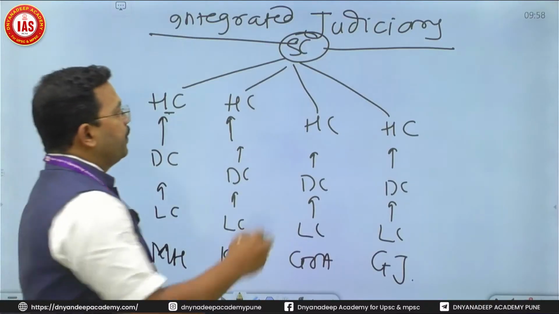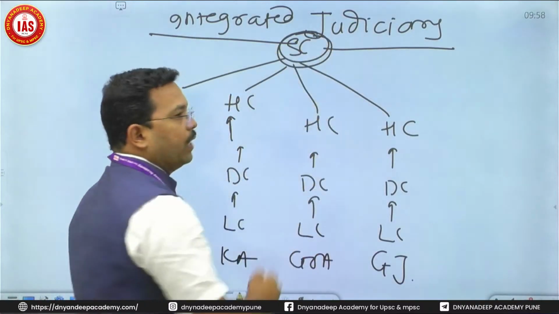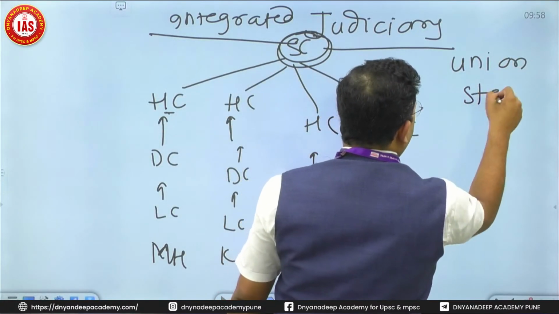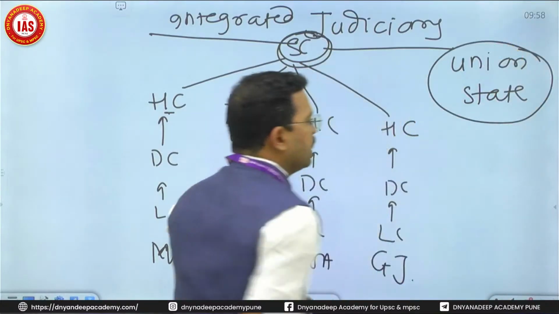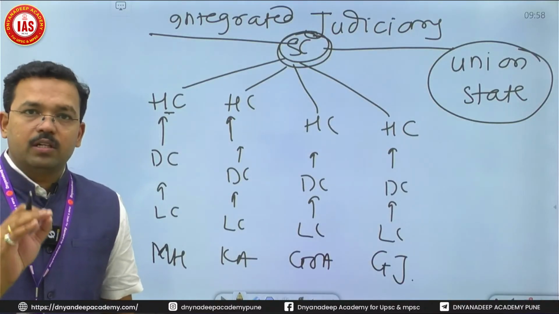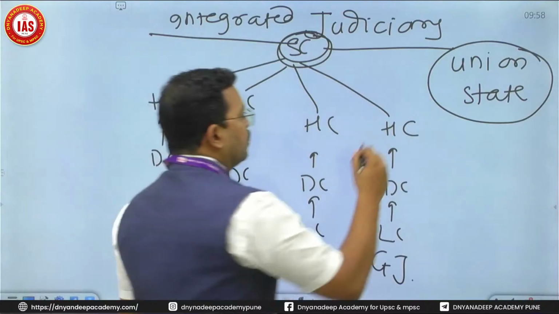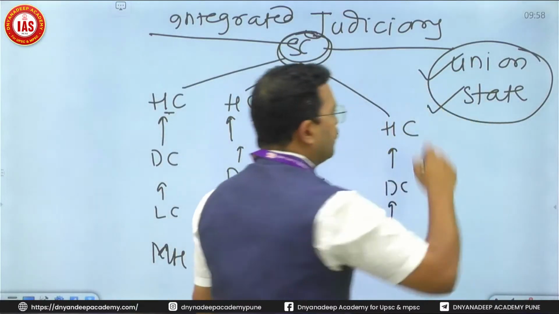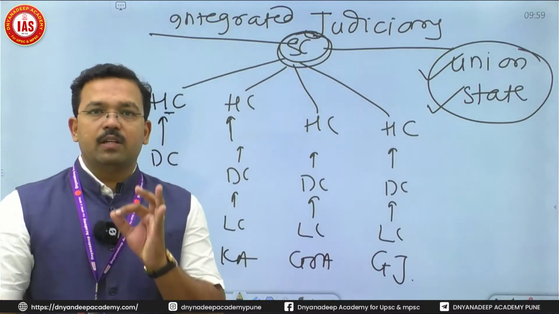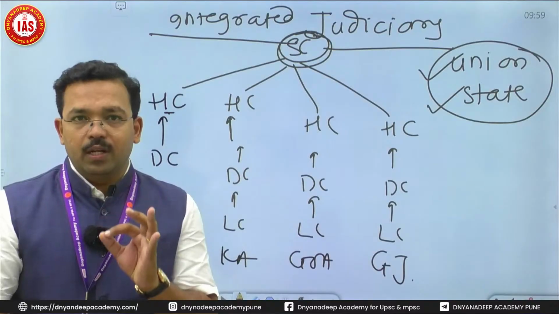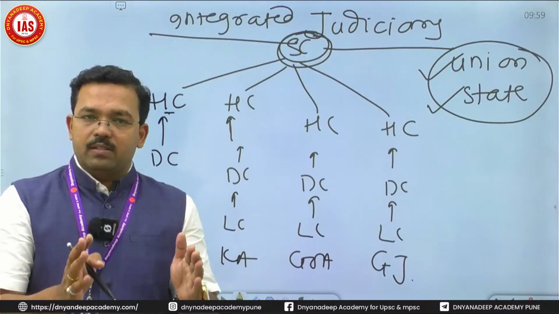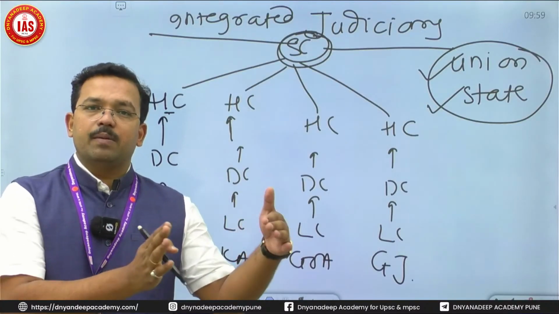It means Supreme Court has the right to adjudicate upon union law as well as state laws. That's why it is known as an integrated judiciary. We have a single judicial system for both union laws as well as state laws. I repeat once again, we have a single judicial system for both union law as well as state laws. Clear? We'll come to the distinction once I explain the American separated judiciary.